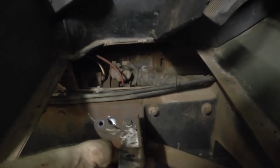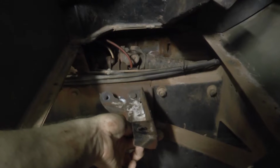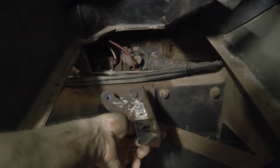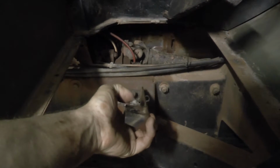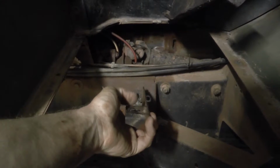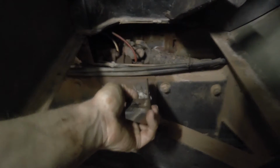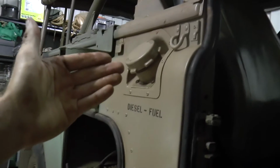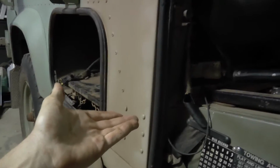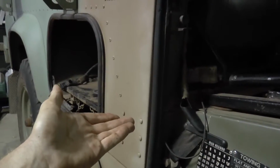And that basically just sits there, and the front of the tank sits on top of this and is located with this bolt here, which I'll point with my thumb, that one there. So by taking that off, the front of the tank can then be lowered. You can then gain access to the fuel filler pipe, which comes down and then goes in, and you can slacken off the hose clamps there, and